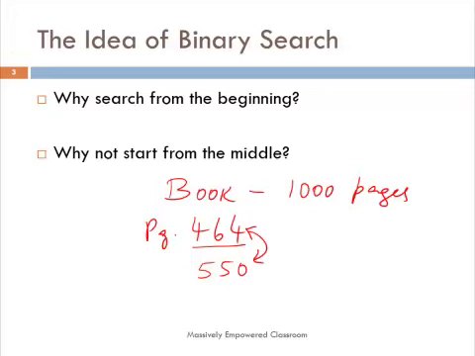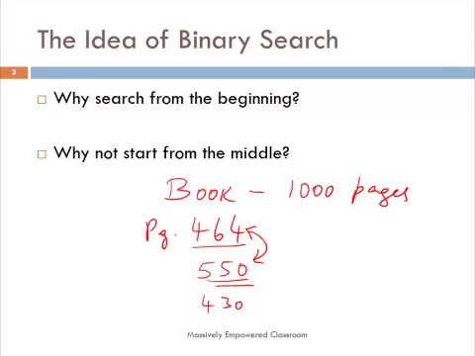What do I do then? I discard the second half of the book. I don't need to go beyond 550. I need to come back a little. But how far do I come back? Again, I approximately open some part in the middle, that is between the start of the book and 550. Let's say in that case I got to 430.